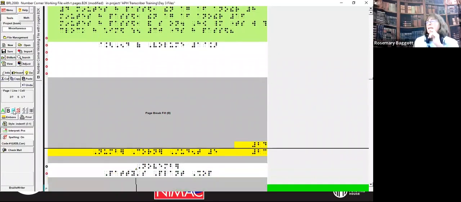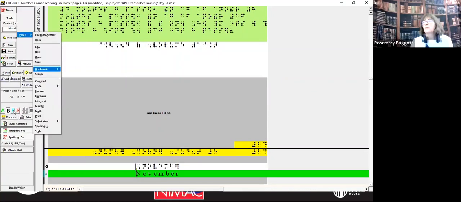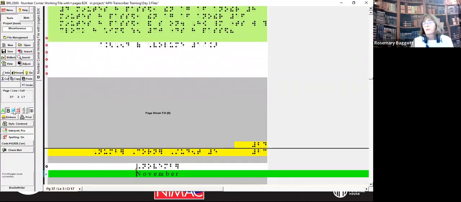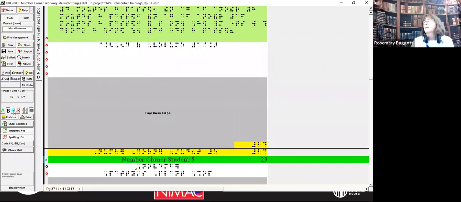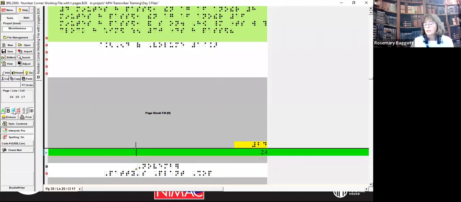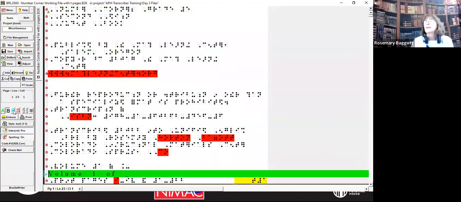And this is the beginning of the section that I would want to put in volume 2 that I'm going to start volume 2 with. So I'm going to set myself a bookmark here and go back. I'm going to look at my final print page, which is 22. My final Braille page is 24, which is not what it would be, but that's what it is for this demo. So back to my title page, I went Control Home.